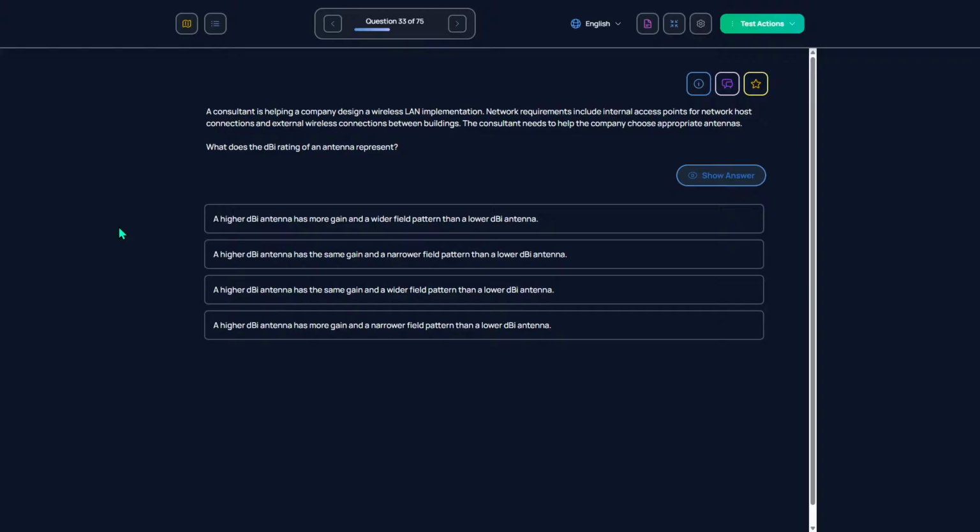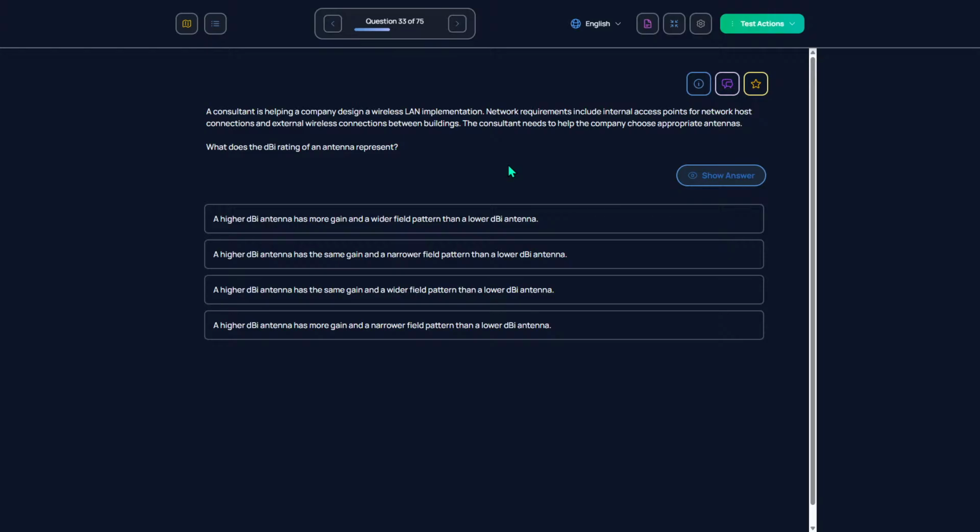A consultant is helping a company design a wireless LAN implementation. Network requirements include internal access points for network hosts, connections, and external wireless connections between buildings. The consultant needs to help the company choose appropriate antennas. What does the dBi rating of an antenna represent?